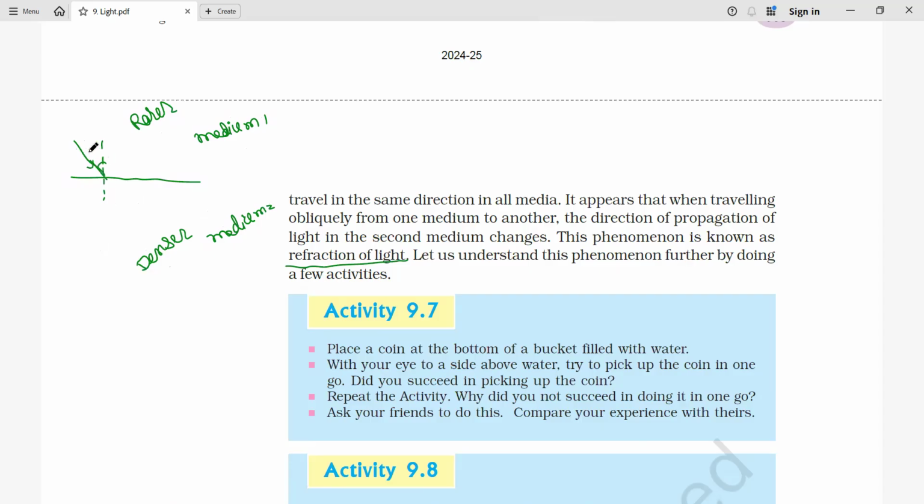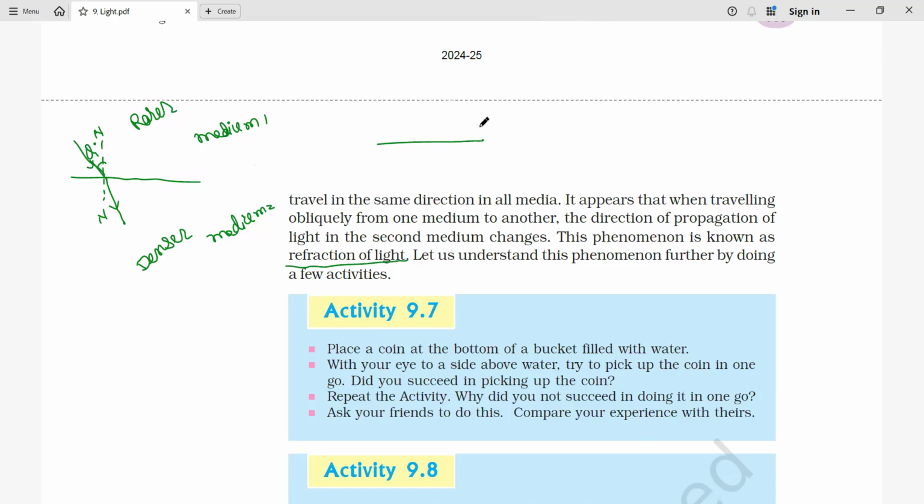So this is the angle theta I, something we can call. Now when it crosses the interface, the second medium is the denser medium. So what will happen? This ray will bend towards the normal. This is the normal. In denser medium, the speed of the light becomes less. So due to that, because of the denser medium, the light will bend towards the normal. So this is the phenomenon: light is going to pass from the rarer medium to the denser medium. Similarly,